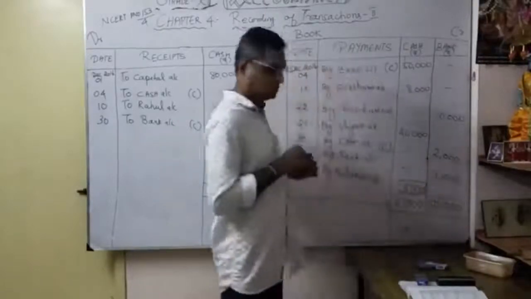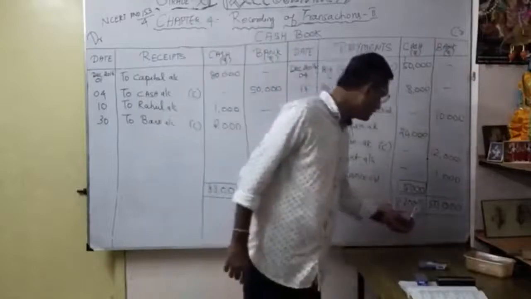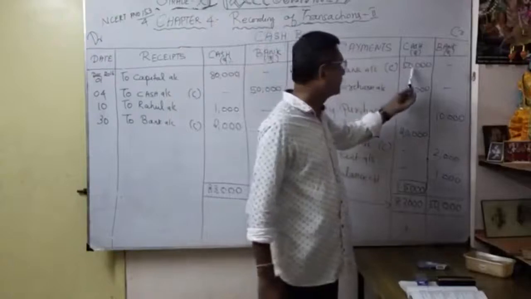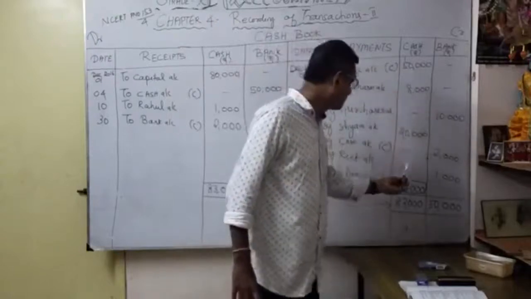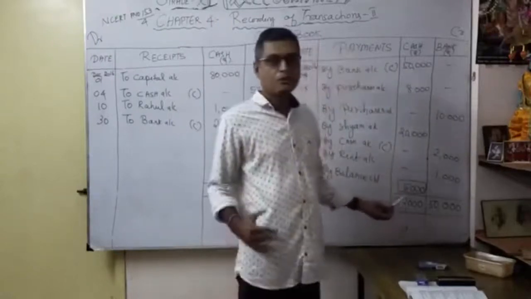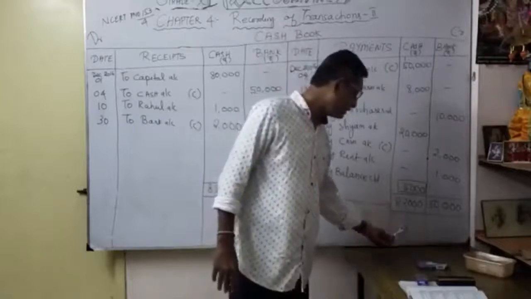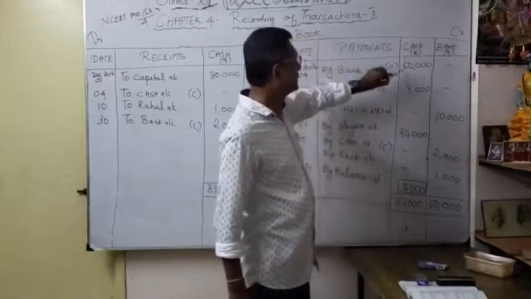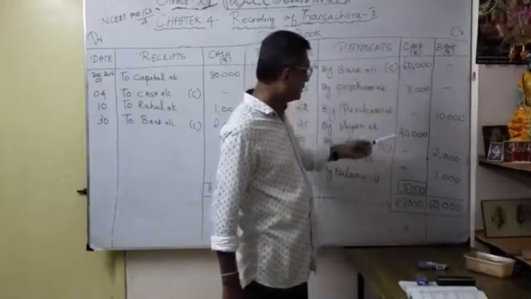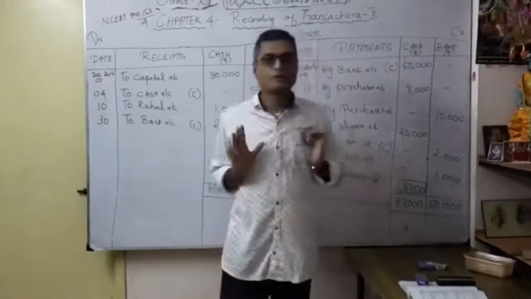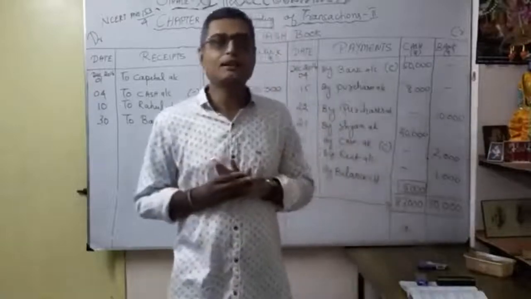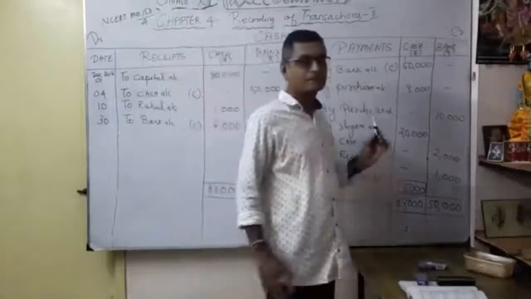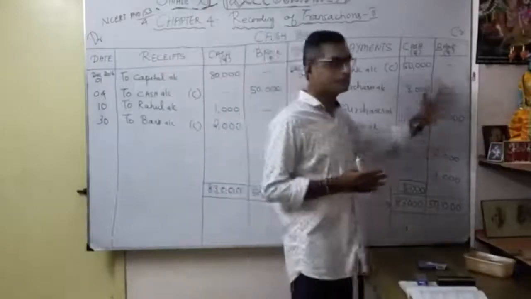Understood? Repeat once again. Whatever 30 here, 30 here, very easy. Coming to the fourth decimal, 8. Here only 3, so I consider 13. So the difference is 5. The balance 1, I carry over for the next decimal. So 5 plus 1, 6. 6 plus 2, 8. That's all. Easily we have done the balancing of the cash column. So right now, what is my cash in hand? 5,000. Understood now? Now go for the bank.